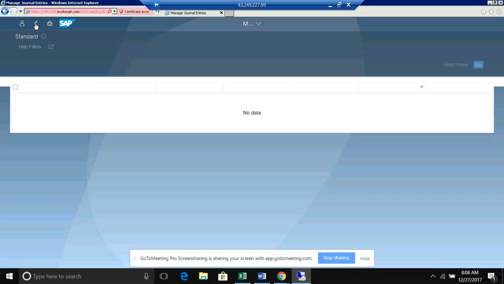Company transaction not required, and posting date is mandatory. All the starred fields are mandatory here. So transactional currency is INR I'm taking, and the SA document type is the same. I'm not using ledger group here. So header text you can put whatever you want. I can say text, exchange rate, and translation date.